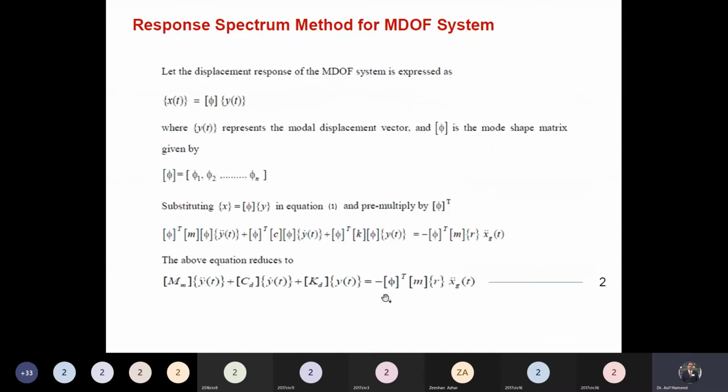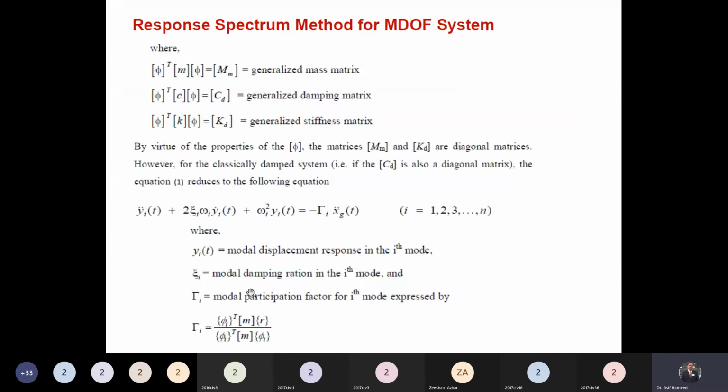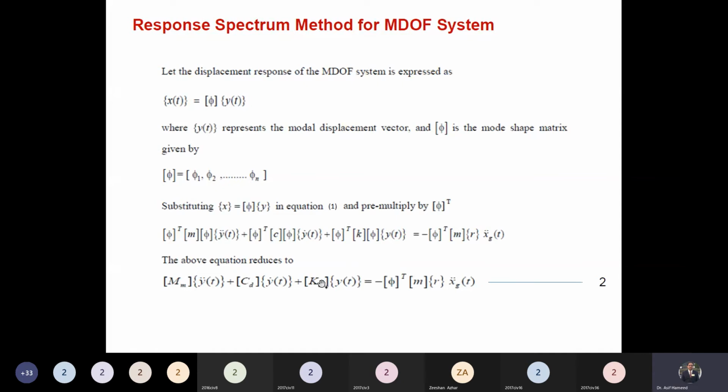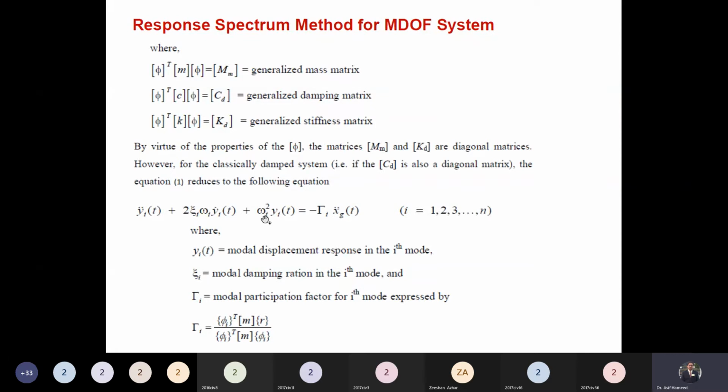We are using this again. So here we have 1, here we have C over M, and C over M is equal to 2 zeta omega n. But here we have i zeta values and i omega values. I have added i, the rest is similar to the first single degree of freedom system. For the single degree of freedom system, we have 2 zeta omega, but here we have 2 zeta i omega i. We have a different zeta value and omega value for each mode value, mode shape. Similarly, K over M, previously it was equal to omega n square. Now it is equal to omega n i square.